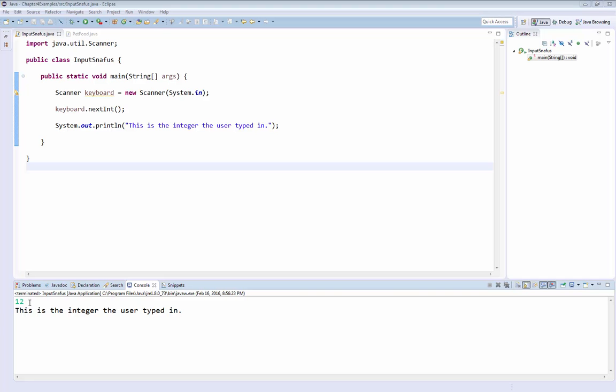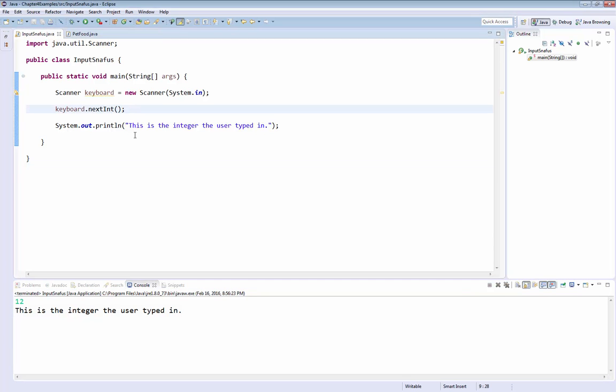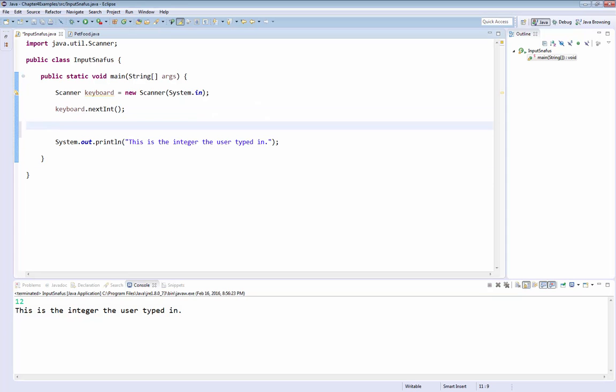Once the user types in a value, so that value is read in, this entire statement evaluates to an integer. In other words, when it returns an integer, this takes on the value of an integer. So it's almost as if someone in the program typed in the literal 12,